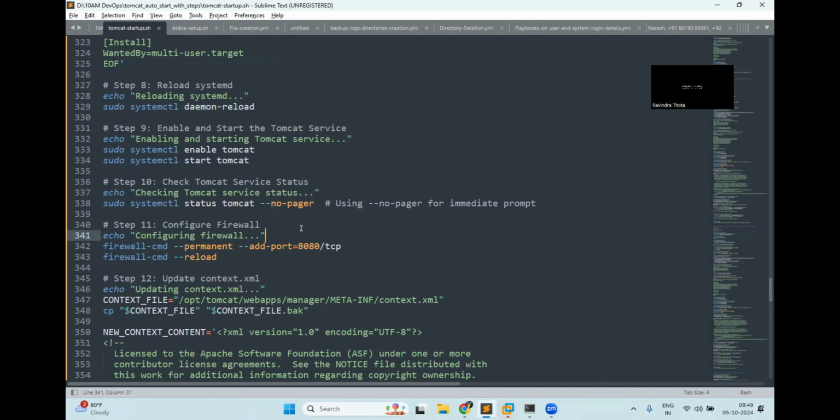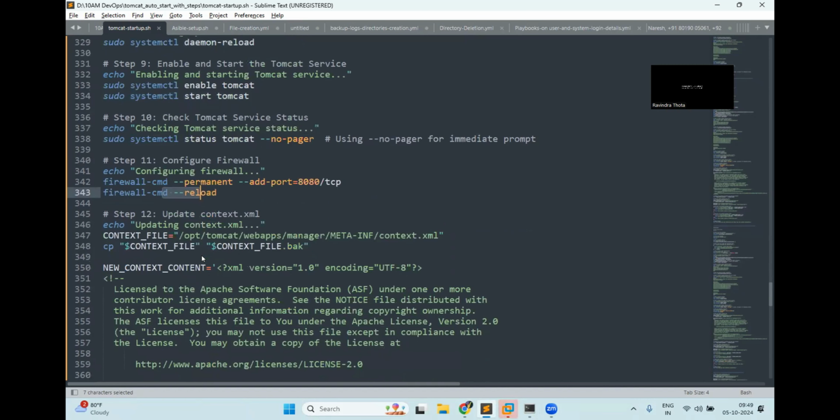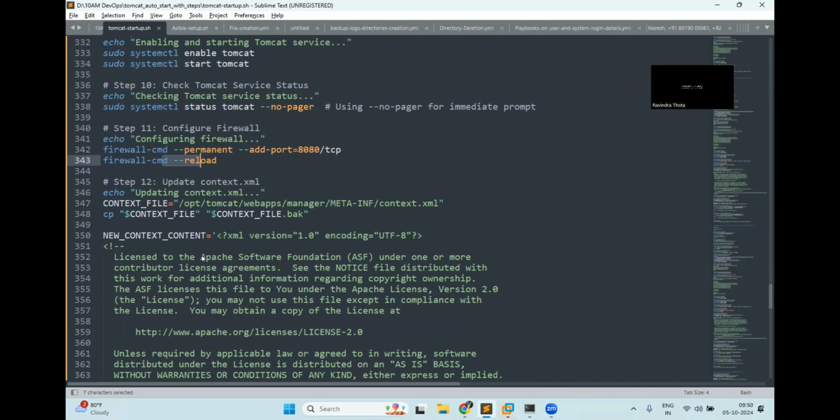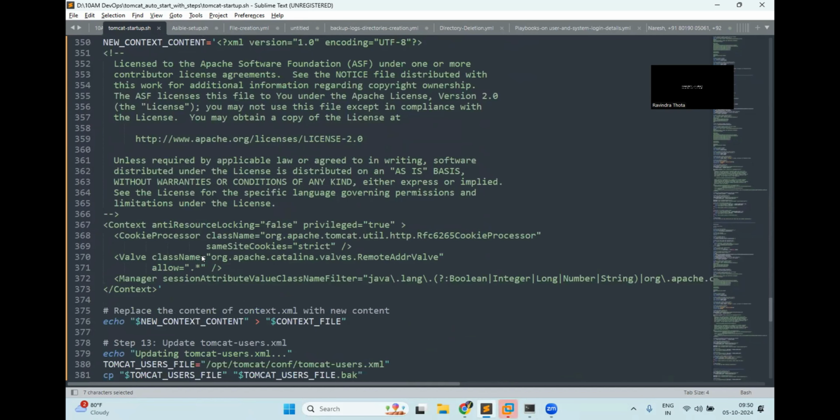Next, we are enabling port number TCP 8080 to access the Tomcat service on the browser. And we are reloading the firewall-cmd. Then we are going to modify context.xml to access it from outside this Linux server. Just we are modifying this one. By default, we won't get this one. So we will get some text here. Just we are replacing it with .*